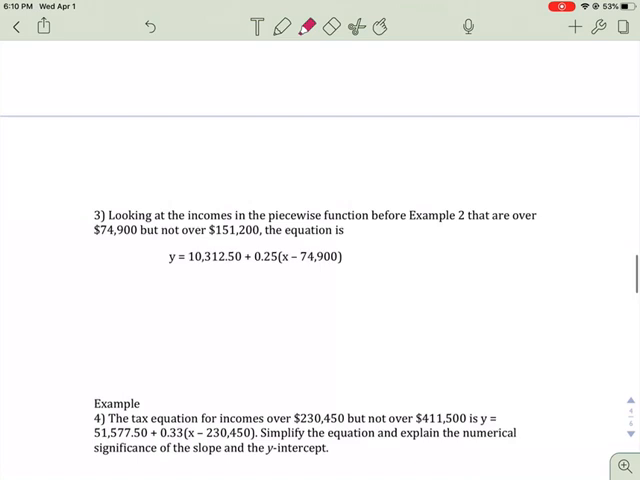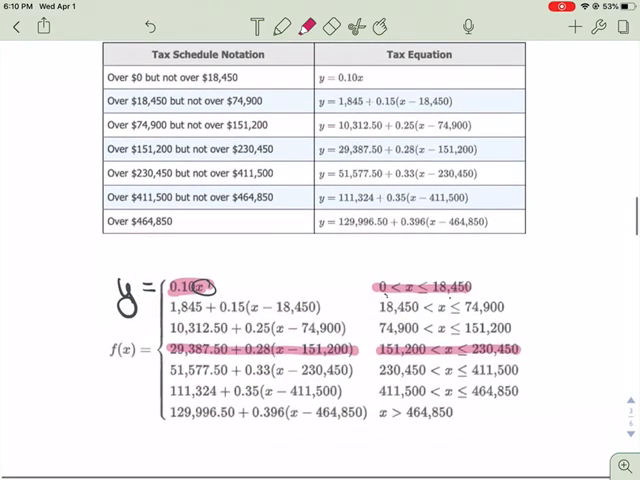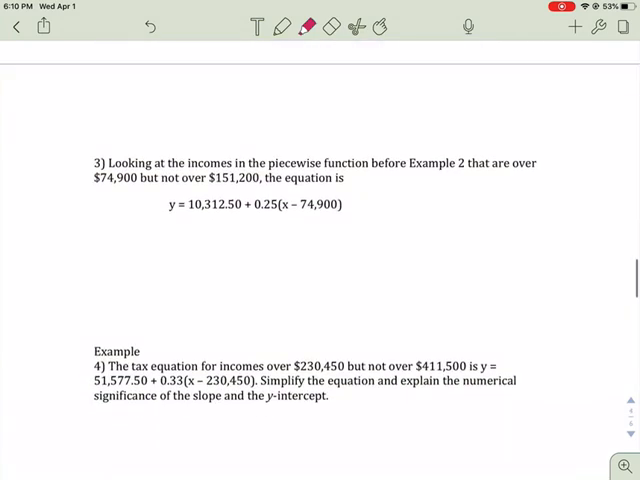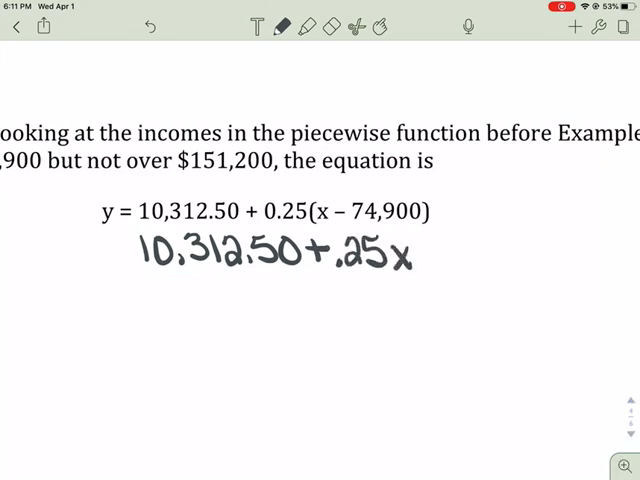Watch what happens. So if I have this equation, which is for the numbers between 74,900 and 151,200, this is the equation that comes from here that I would use. But I don't know the x value. So basically, I'm just going to simplify this. So I'm going to take the $10,312.50 plus, and then I'm going to distribute the 0.25x. Okay, so I'm going to basically just distribute that and get 0.25x